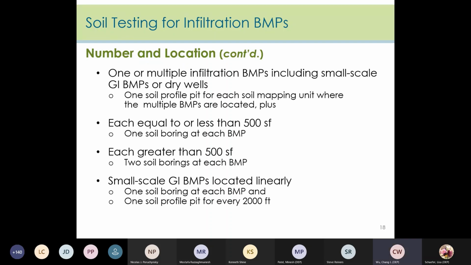And in the new Chapter 12, we have more requirements for small-scale GI BMPs, as those GI BMPs may be small in size and distributed around a development. So the requirement is that you need one soil profile pit for each soil mapping unit where the multiple BMPs are located, plus for each